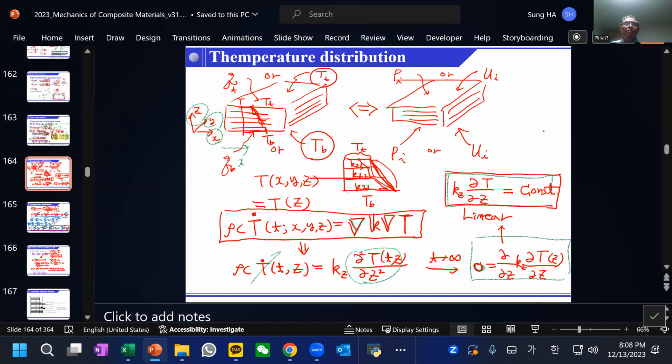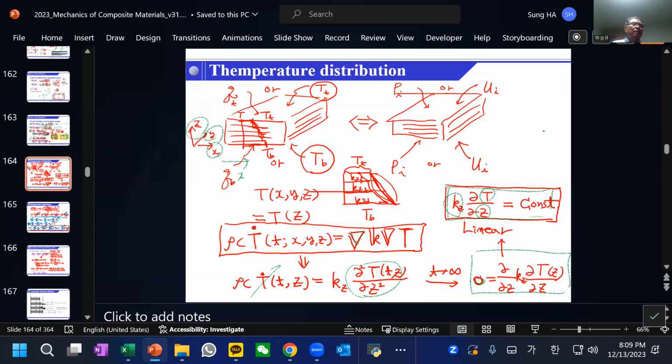Okay, the temperature variation through the thickness z. Of course, there is a kz. Kz can also be a function of z, but let's neglect that one. Kz is always the same. If kz is the same, then this has to be a constant. What does it mean? It means that the temperature at the top and the bottom, if we have top and bottom temperatures,